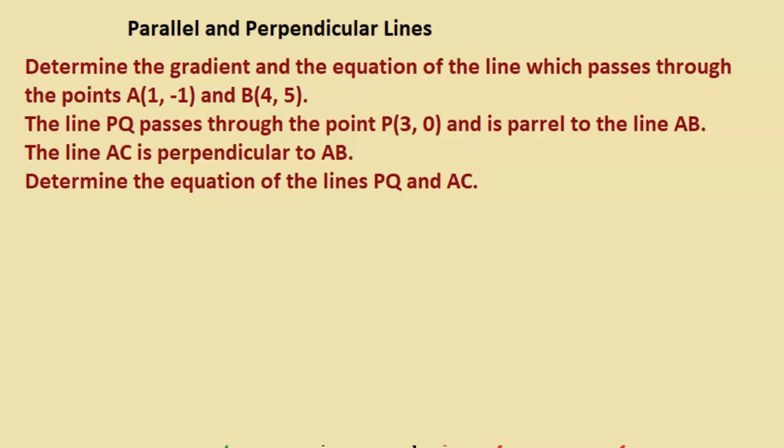One of the first steps we could do, maybe wise to, is just label the points. So call this x1, y1, x2, y2. Let's find the gradient of AB. So the gradient of AB, we'll call m, is equal to,